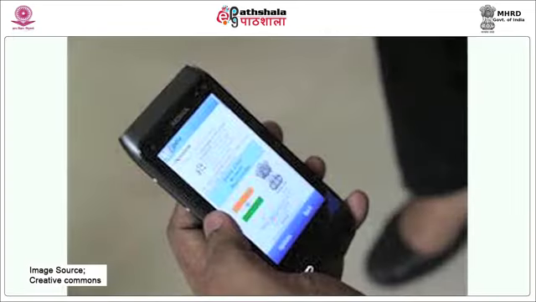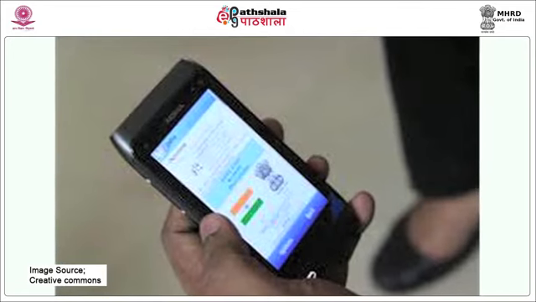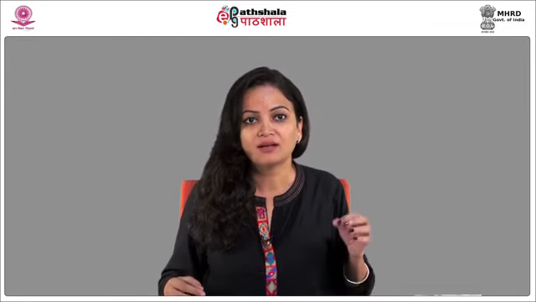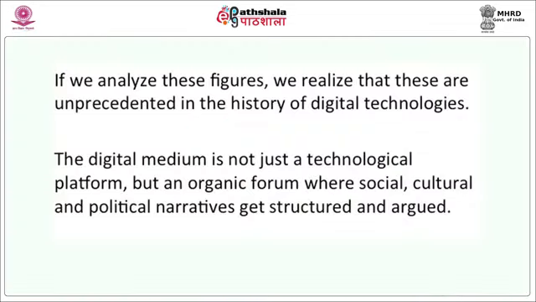produced every day. The Internet World Stats Report published in June 2016 states that the internet penetration in India is at 37%. However, this 37% amounts to 462 million internet users, and the percentage growth in the number of users between the years 2000 and 2016 is 9,143%. If we analyze these figures, we realize that these are unprecedented in the history of digital technologies. The digital medium is not just a technological platform, but an organic forum where social, cultural, and political narratives get